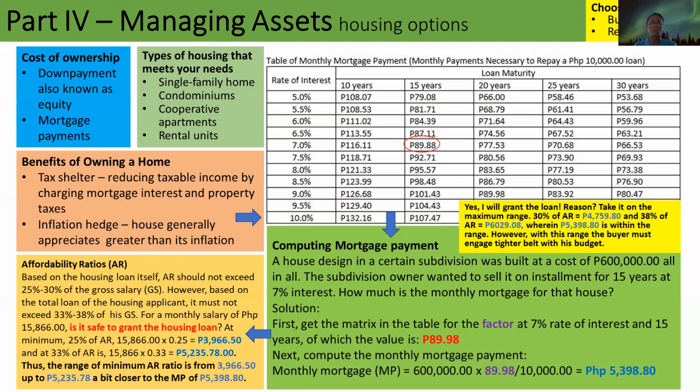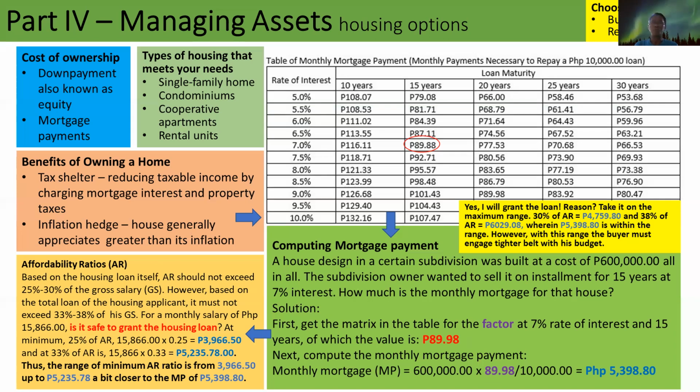Now, ang tanong ngayon, safe ba na i-grant ang housing loan? Now, basing on that, parang alanganin ka, no? Kasi sobra ng 157. Pero kung ako, safe pa rin yan. Bakit? Punta tayo sa maximum. So, ang maximum range is from 30% to 38%. So, kung i-compute mo yan, 30% ng